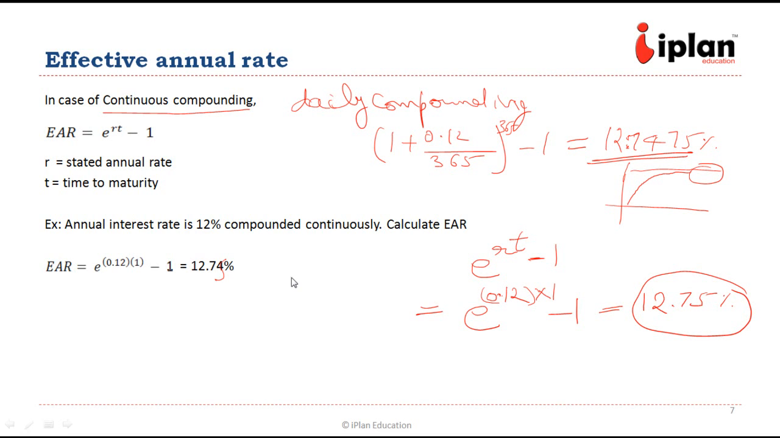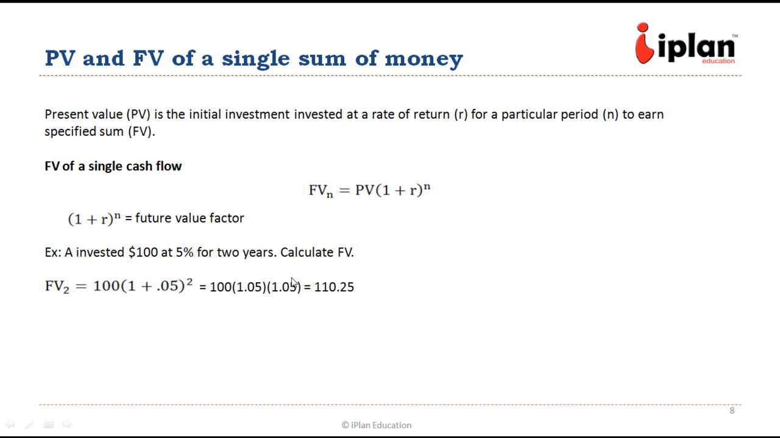Now let us move to the next slide. This is simple: the future value and present value of a sum. This is nothing but the compounding, the future value factor. So if you multiply the present value with this factor, you will get the future value. And if you divide the future value by this number, which is the future value factor, you will get the present